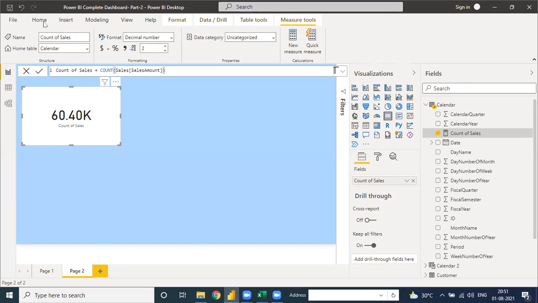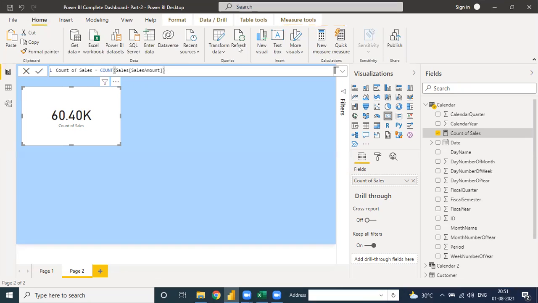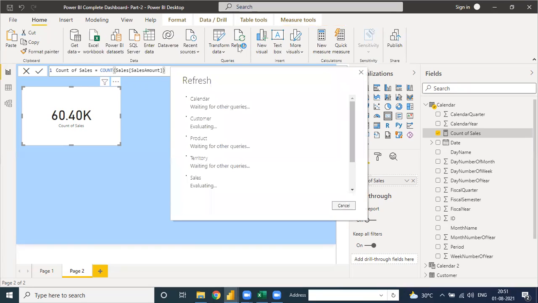When you go to Home and refresh, it will count the same, because the count formula contains all the values, numerical as well as alphabetical. See, it counts it again.